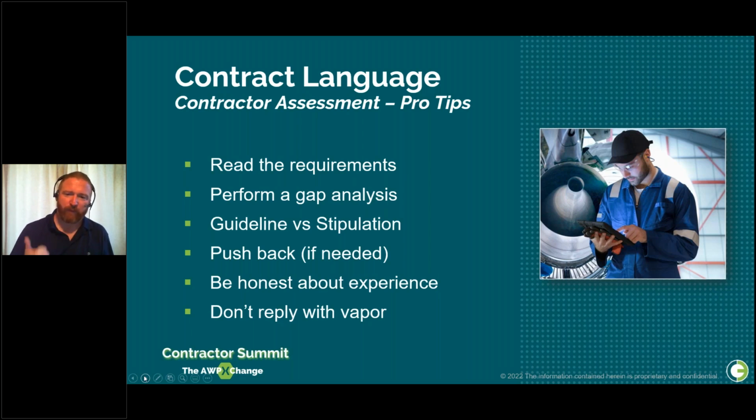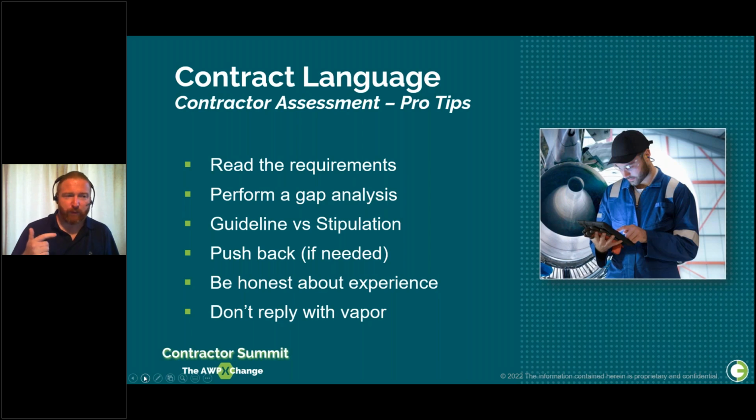Next one, perform a gap analysis against your own AWP standards and procedures. So take the owner standard, take your standard, see what the differences are, figure out if there are any significant deal breakers. And when you respond to the bid, you can include a summary of that gap analysis so that the owner knows what the differences are between what they've asked for and what you're offering. And it's not necessarily the case that just because there's differences, there's a problem. They might be saying we want it done this way, and they might well be open and amenable to you coming back and saying, here's another way.